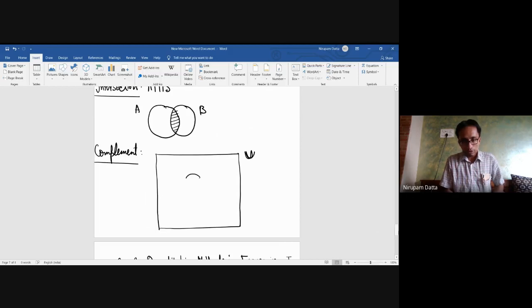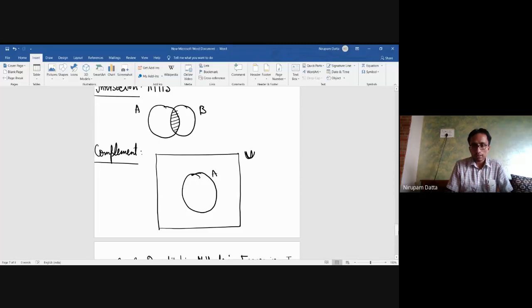Now there I draw a set which is A. Now look very carefully. All the elements of set A are contained in the universal set U, but not the other way around. So there are certain elements of set U which are not contained in set A. So this shaded area